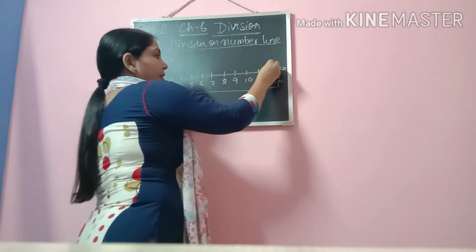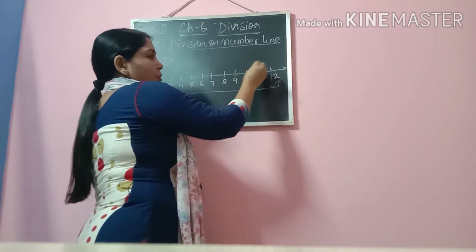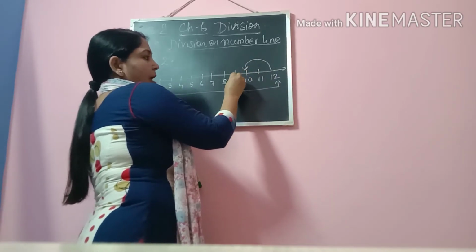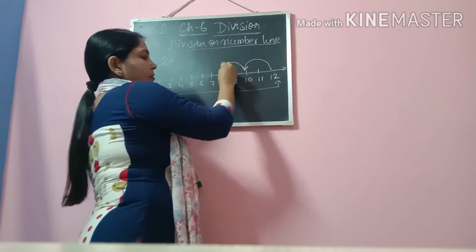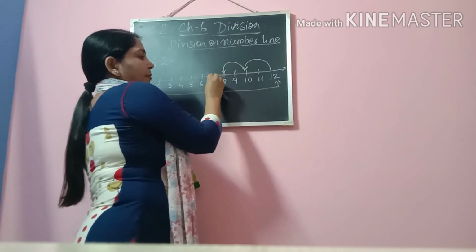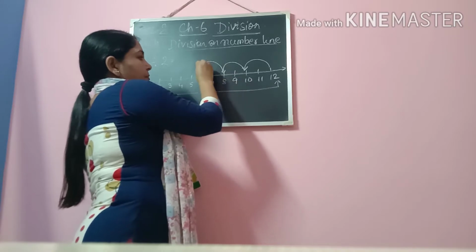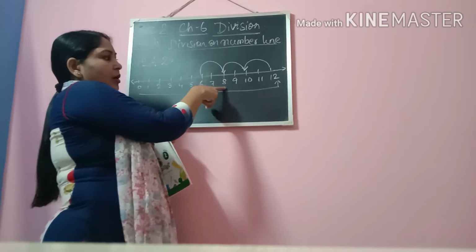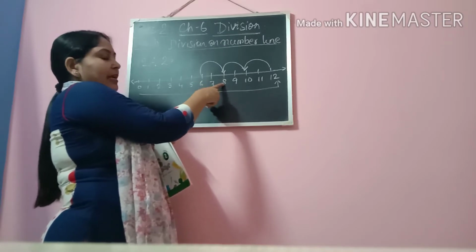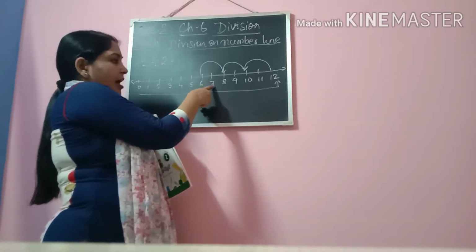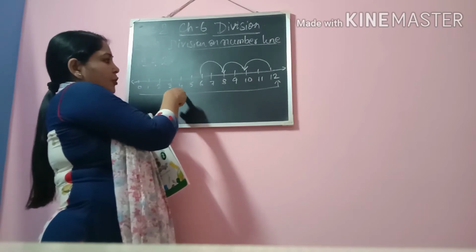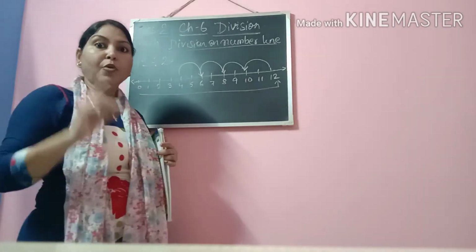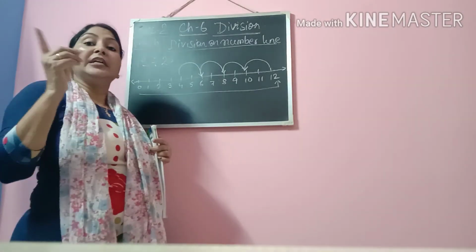So we will start from here 12, now 1, 2, so here, then from here again 1, 2, then again from here 1, 2. Remember when we are landing here on 8, we are not counting it again because it has already been counted. So we count 1, 2, then from here 1, 2. In this way we have to keep on moving unless we reach 0.